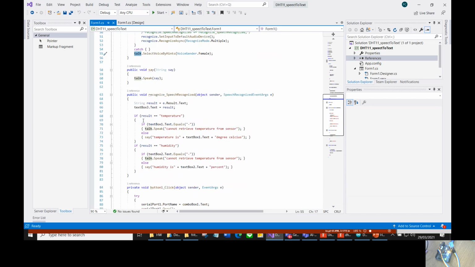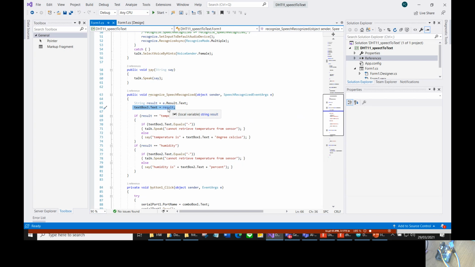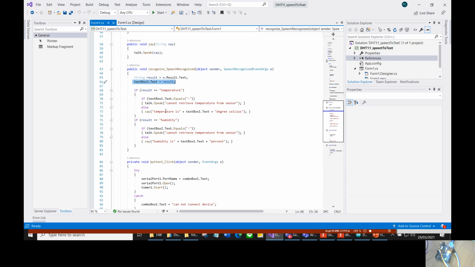So, after that, this is the result for the speech recognition. It will be stored in the string result. I add a text box to show the result of the speech recognition. And if the result is temperature, it will be checked if the value of the text box is still minus, then it will speak "cannot retrieve temperature from sensor." And if it is not minus, then it will speak this